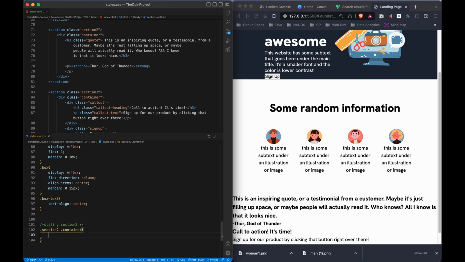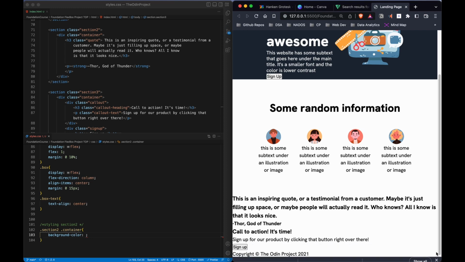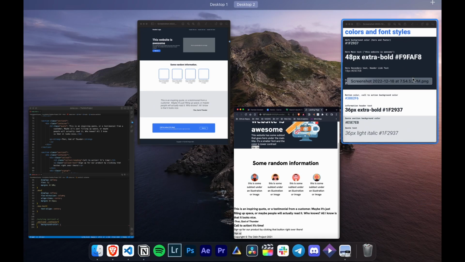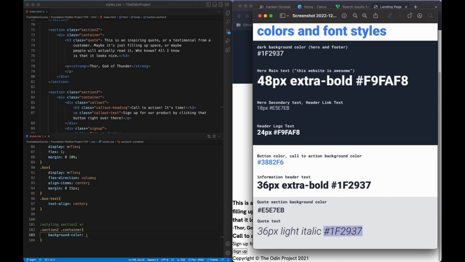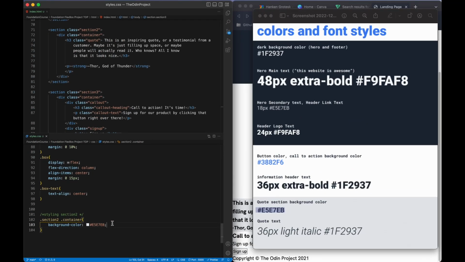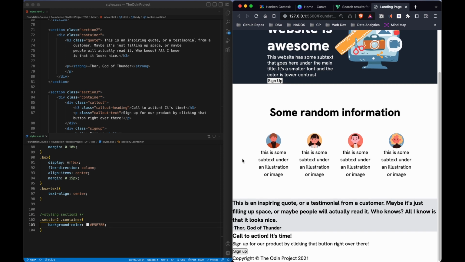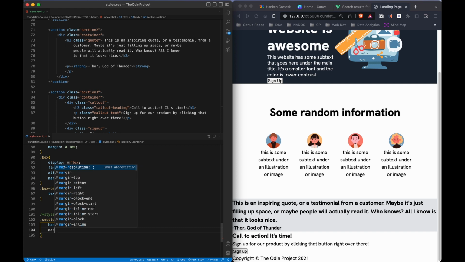So background color is gonna be, the color would be code selection. Yep, the background color is this, and now since the background color is this, we'll have margin dot container